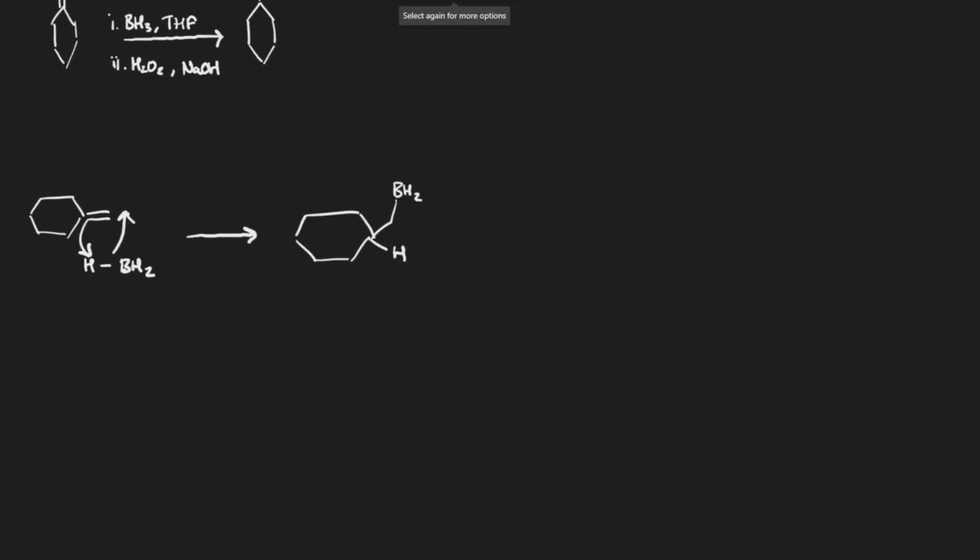So it's also good to note down as you're going through the reaction mechanism what's sort of happening. So boron bonds to least hindered carbon, which is obviously going to be the carbon here because it's not attached to any other. It's only attached to one other carbon. Right, so